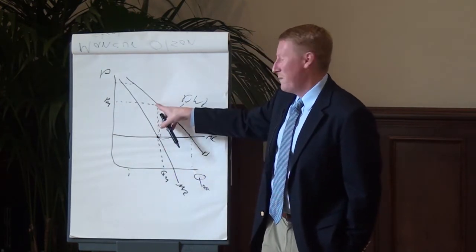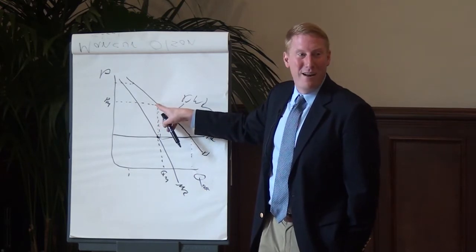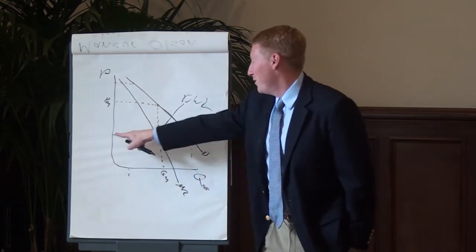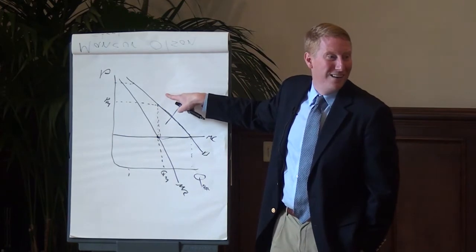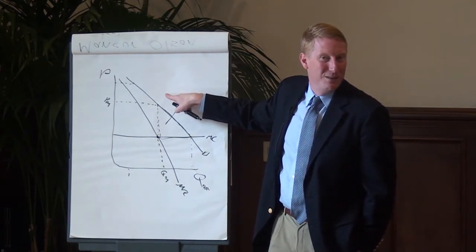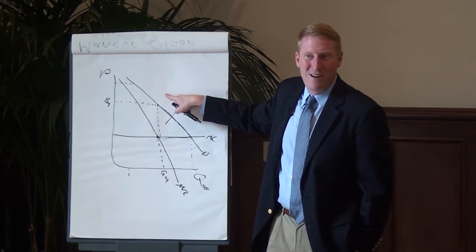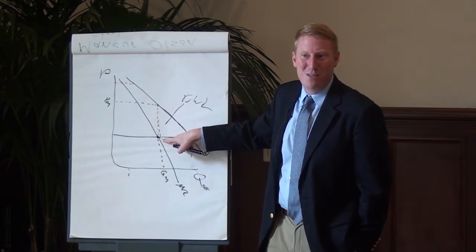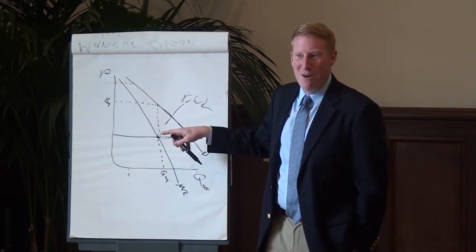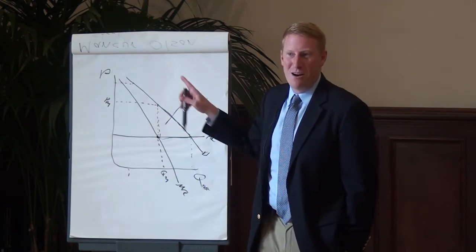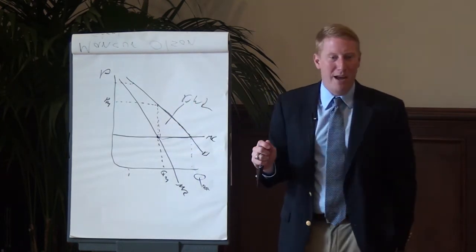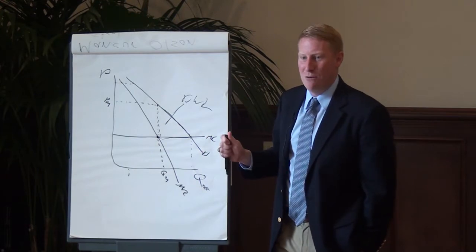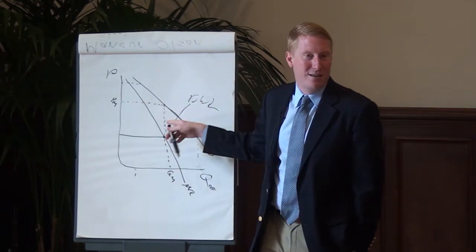Instead, this quantity monopoly right here is the efficient quantity because this cost curve isn't real. His real cost curve goes up through there. We basically have to violate a central tenet of economics in order to get this graph in the first place, despite the fact that everybody uses it. Keep that one in your back pocket if you're going to be a serious economist later. And go read Buchanan's Cost and Choice, which hammers this point home again and again, but not in the context of this graph.